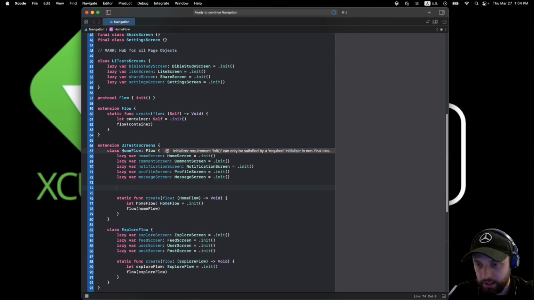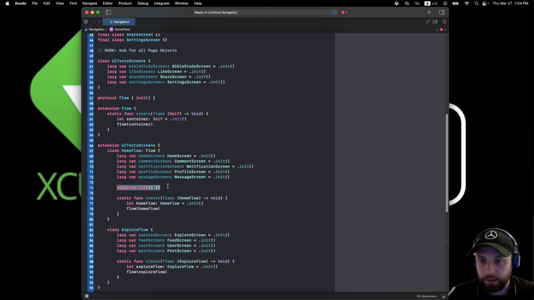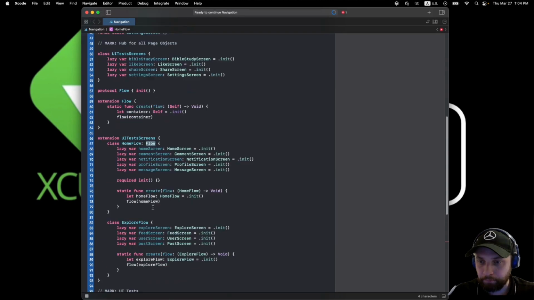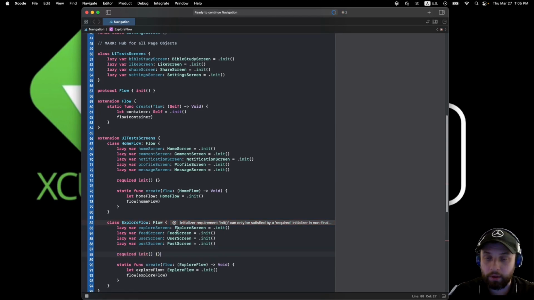Since we're not initializing anything, you can just add the required initializer. If you don't know what this required initializer is, feel free to read about it. But technically, that's what we need right now. And one more right here, flow, and then we also put the required initializer. Again, little spoiler, you will use that initializer to pass app or anything else you want to pass inside the page